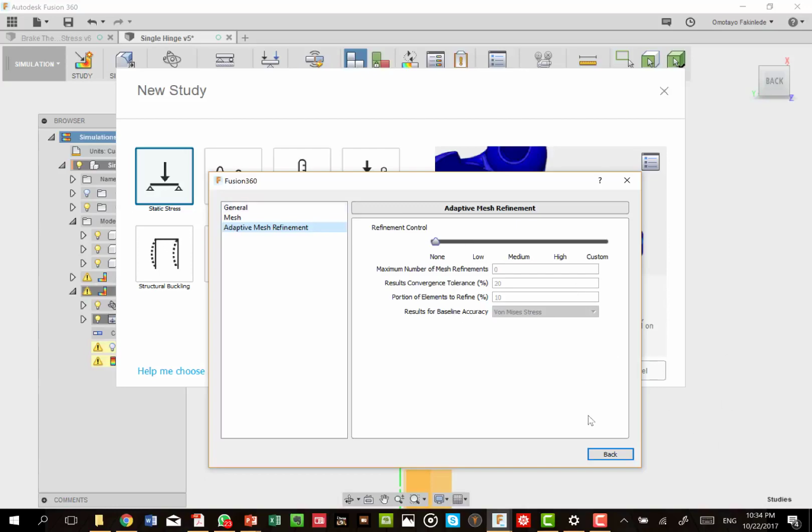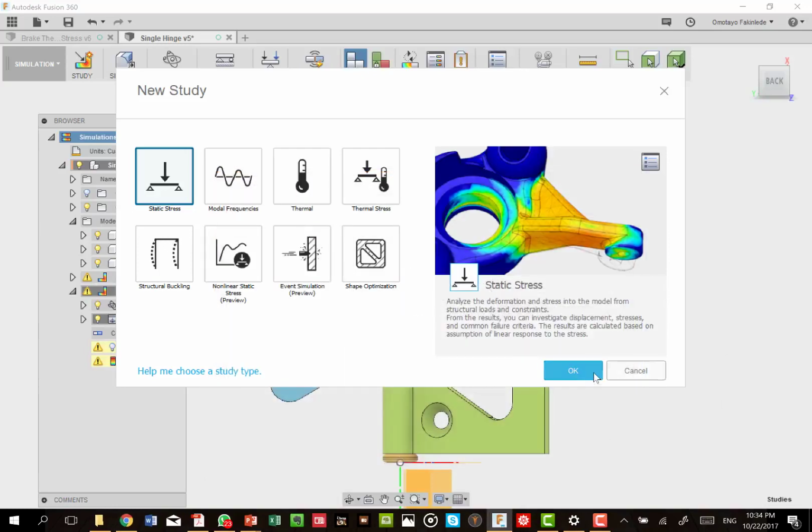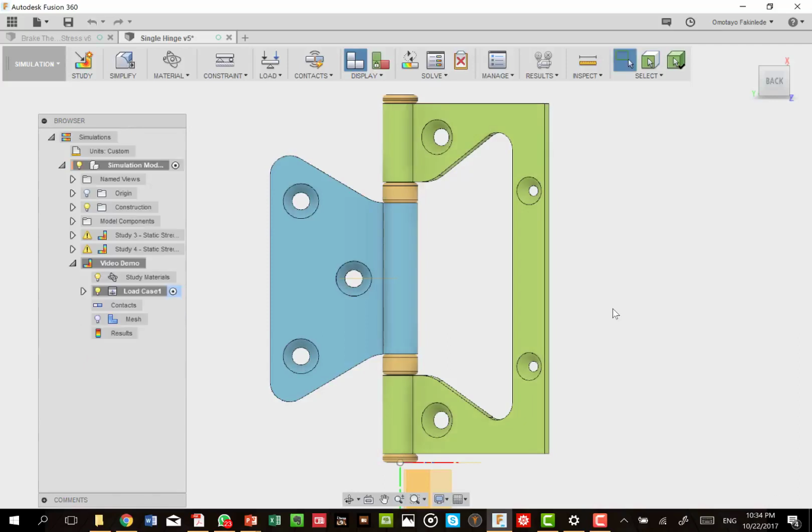But let us just go back and not change anything here, and then we are now ready to choose. We are now ready to accept static loading and static simulation, and then our simulation is now in this video demo. Now, we are going to do 4 things. Number 1, we will set the constraints. We set the constraints on this body. Number 2, we set the loading.